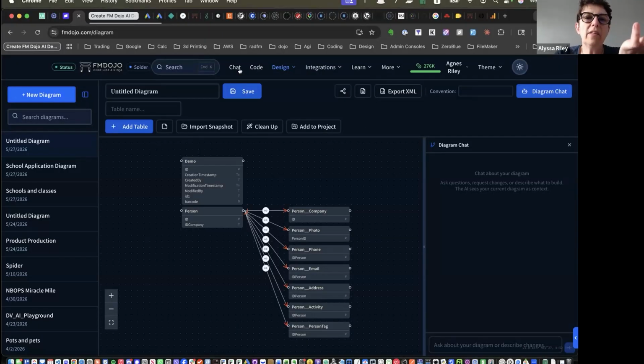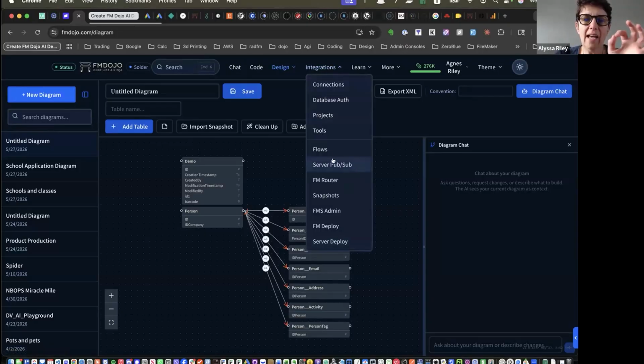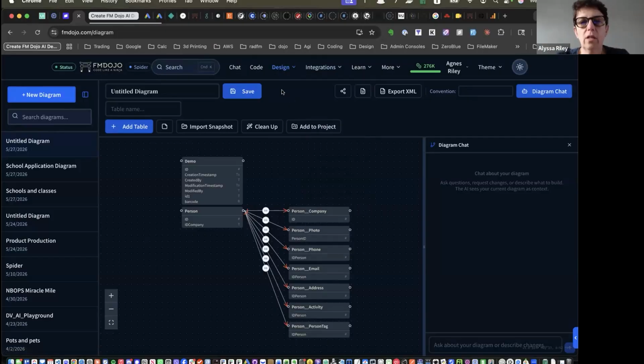That's why I'm trying to keep everything simple: chat, code, design, diagram. See what I'm saying? I know this is strange to a lot of people, but everything that I can do is a single word. Whatever it can't be, it's two words. But